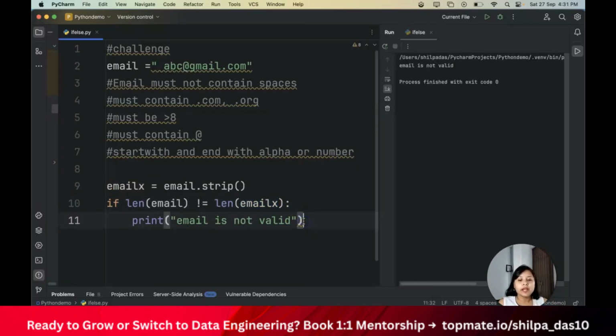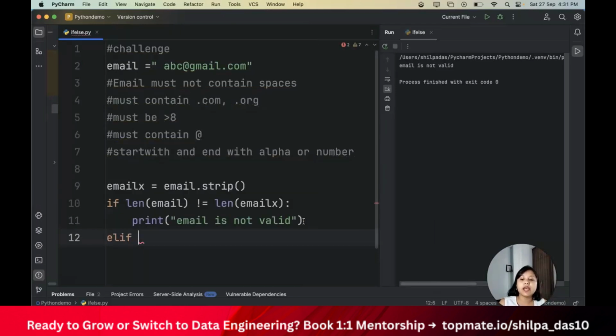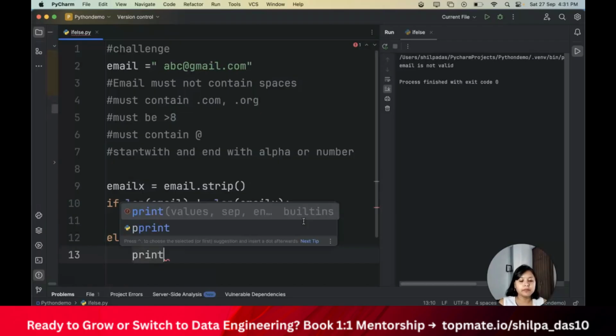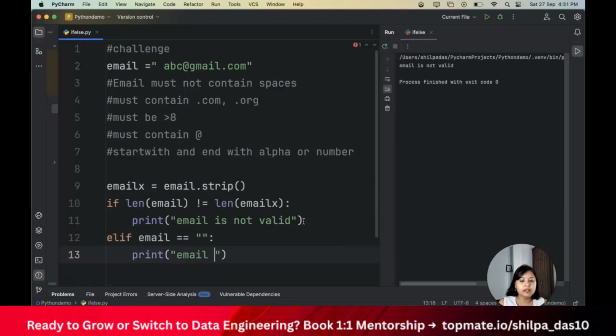Now, because there are multiple conditions, I have to check another condition, whether it is blank or not. Now I'll check if email is equal to, there's nothing inside it. Then I'll print email is blank.